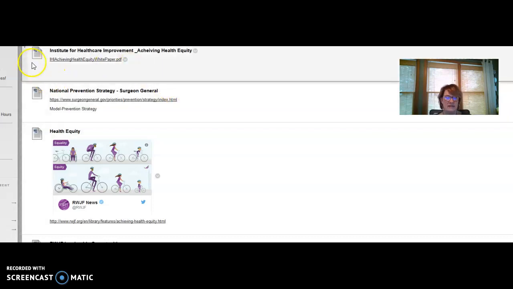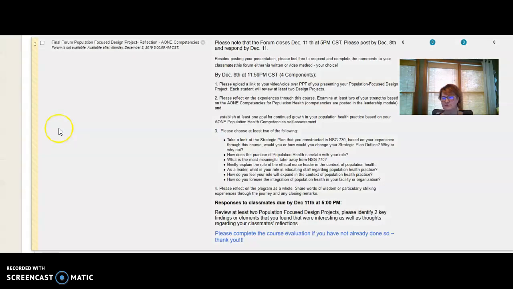So let's go ahead and take a look at our very final forum. We're going to take the opportunity to share your design projects with each other, and also take a look at your evolving competencies in population health, as well as really taking a look at some reflective type questions and how everything kind of connects, what your takeaway may have been from this particular course, and also